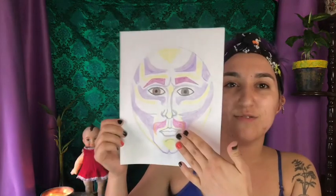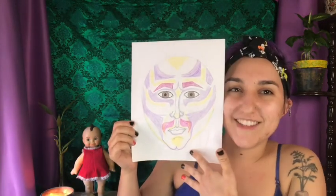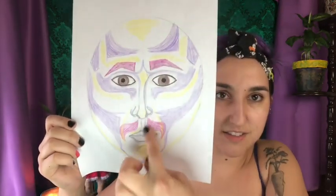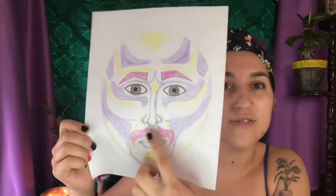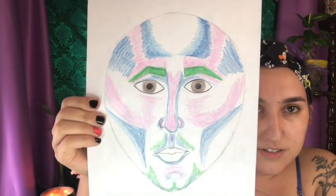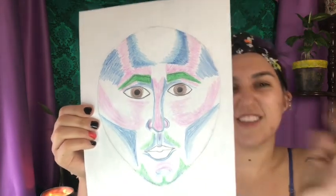Also, I have drawn my face the same way since we learned to do self-portraits in my high school art class. So I have always drawn my own face like these features. Not the nose. The nose I usually do more like my own nose. This nose is more. But yeah, I don't like this one as much, so I'm gonna,